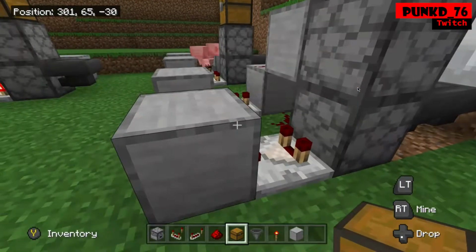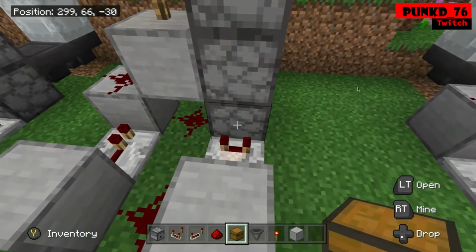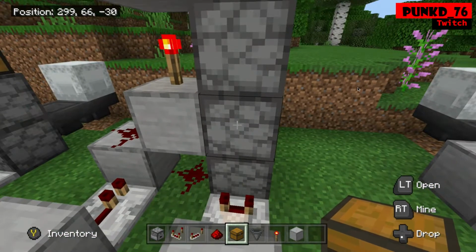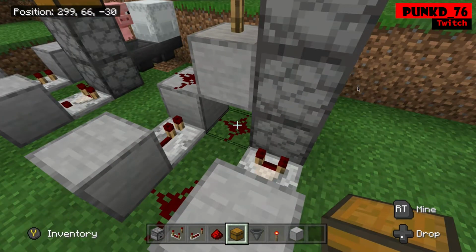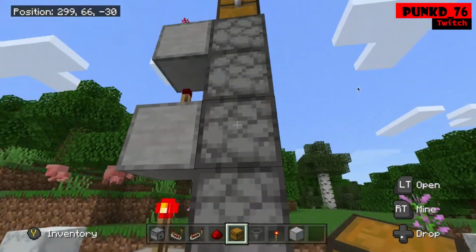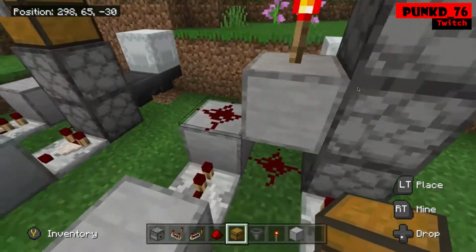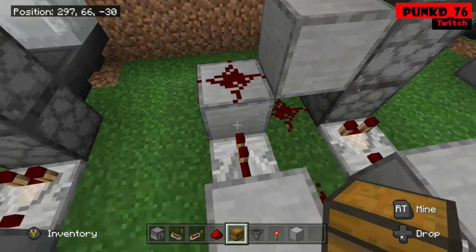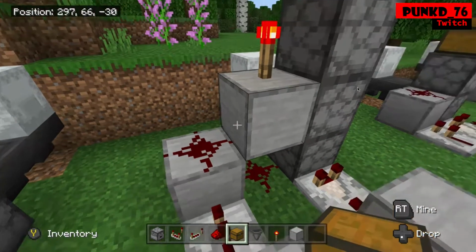So the bottom part is basically exactly the same. We've got the dropper, the signal will run round, and second dropper. But this redstone here will only power these 2. So we now need to power any others. So all we do, by adding a redstone on top and a block on top,